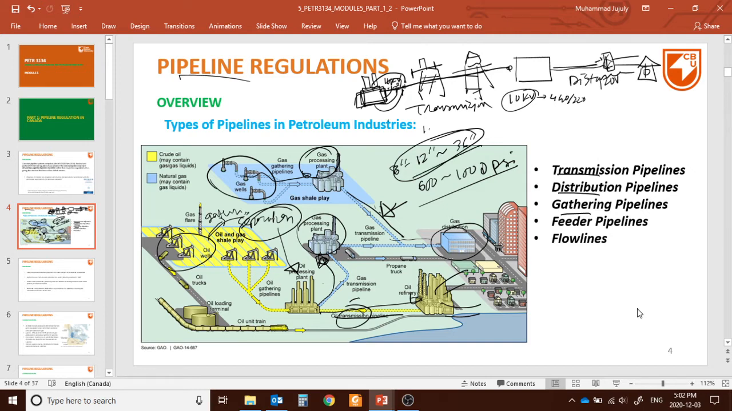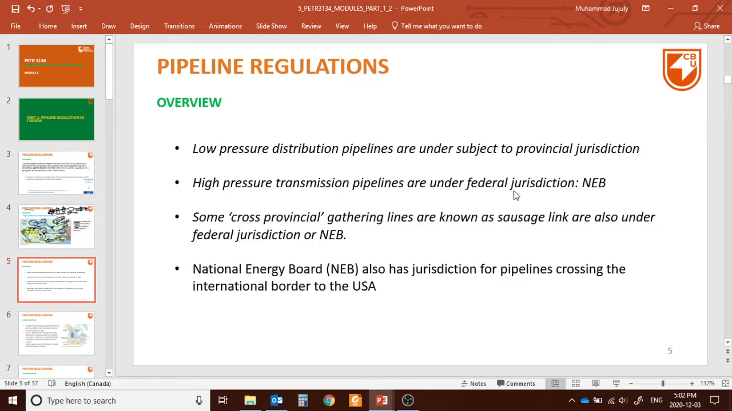this is the transmission, these are the distribution, and in the case of distribution pipelines, the pressure is downgraded, and the pressure becomes nearly 15 psi, very slightly higher than the atmospheric pressure. Okay, so this is about the transmission, distribution, and the gathering pipelines. Okay, now